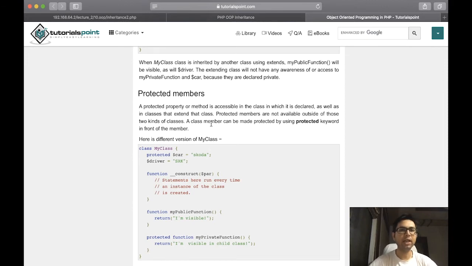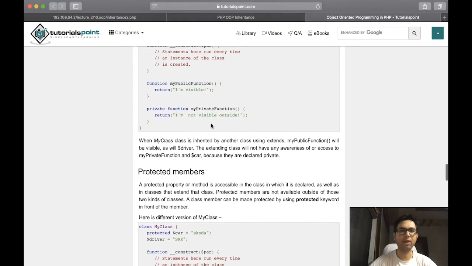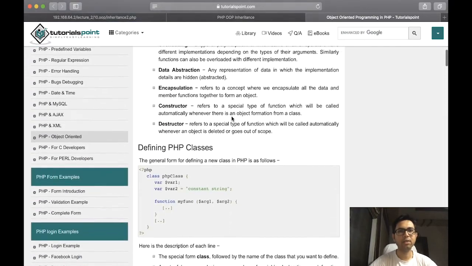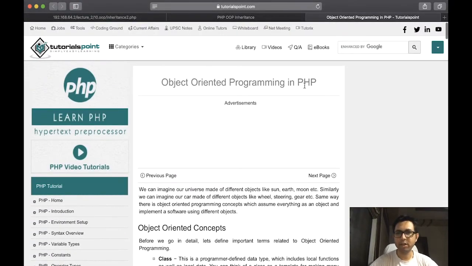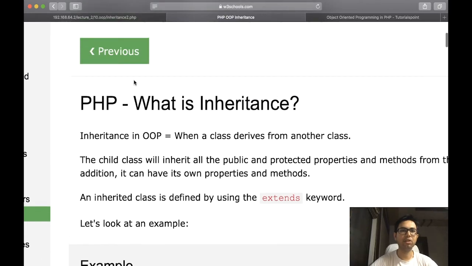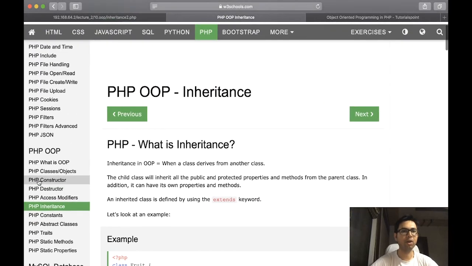For a detailed discussion of access specifiers, I recommend the Tutorialspoint reading on object-oriented programming in PHP. For practical purposes, you can visit W3Schools and the concept of inheritance, and from the beginning you can also go from what is OOP.